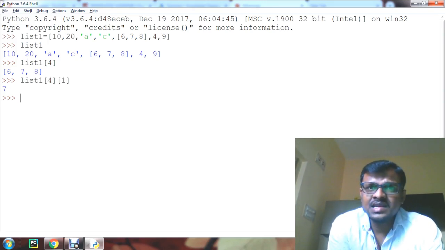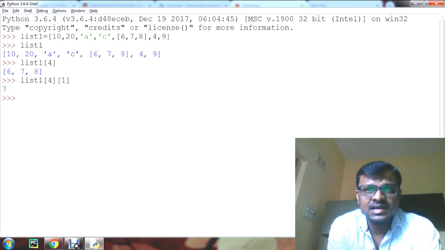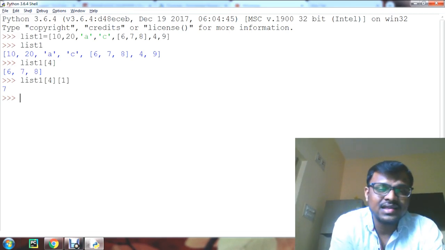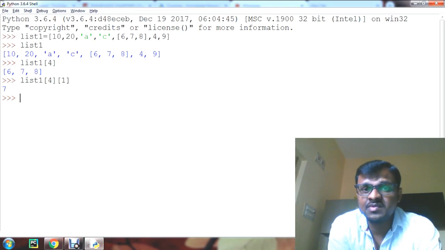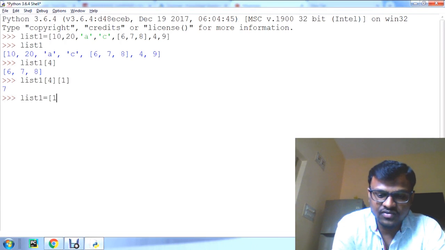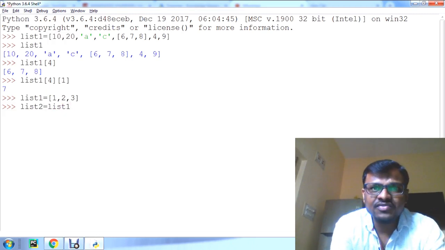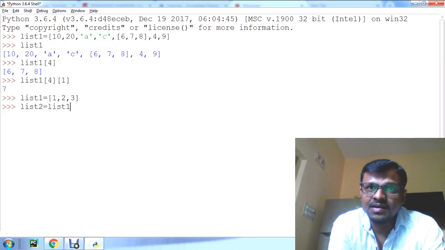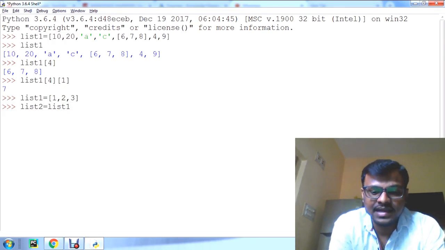The simplest way to make a copy of one list is assigning it to another list. For example, we have list1 of 1, 2, 3. Now I can assign list2 = list1. This is a straightforward way to copy, by the assignment operator, okay.